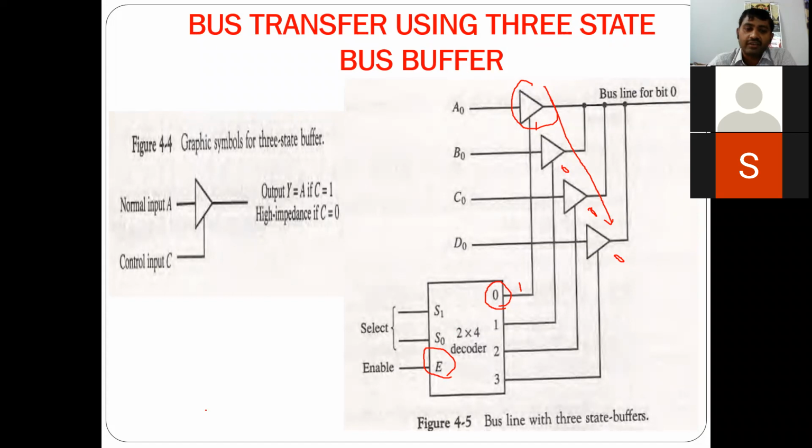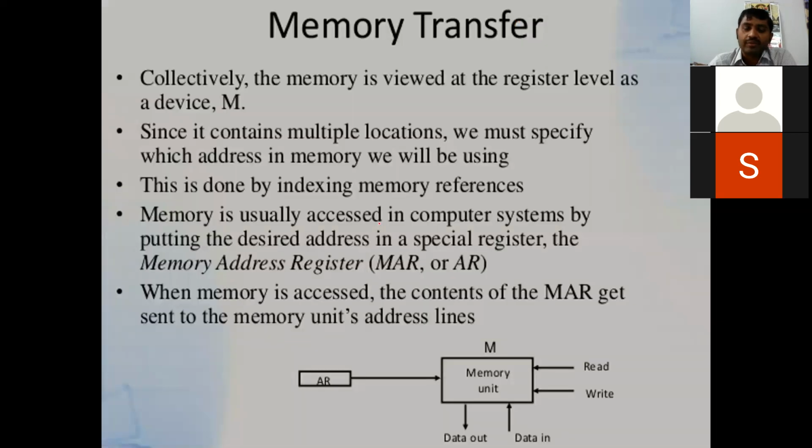about the tri-state buffer. Now coming on to the memory transfer, you know that there are different types of memories, and that we'll be discussing in unit 5. What are the different types of memories and all those things. So there are two operations that will be done with the memory. One is a read operation, other one is a write operation. So read operation means something that we are reading from the device, and write operation is nothing but we are writing something, which means that we are storing something onto a memory.